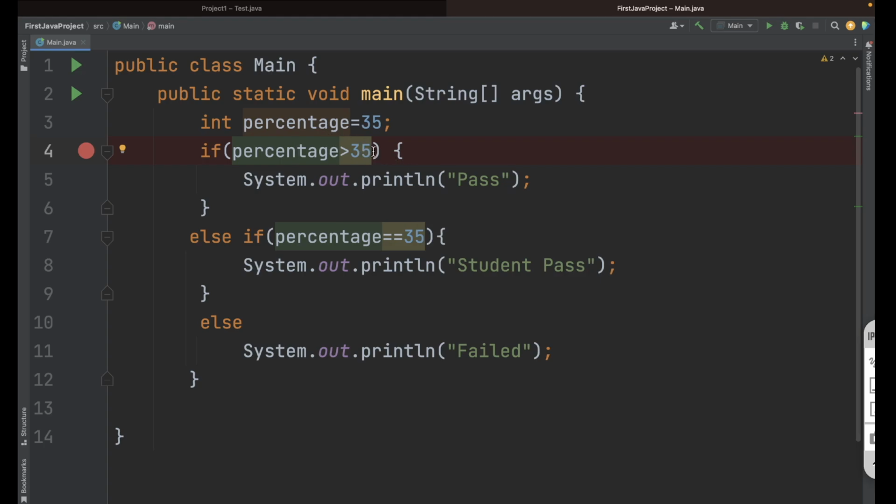So instead of true or false, if you try to pass any other value, let's suppose here I am trying to pass some integer value. See here, as soon as I pass the integer value, it is giving me an error. And what is the error? It is saying that the required type is boolean, but you have provided int, which is not allowed in the if. So if we save this and execute, let's see what error we are getting.